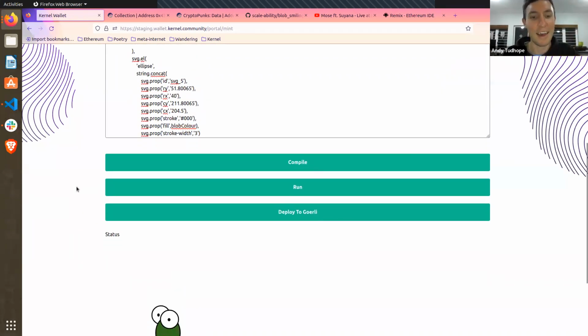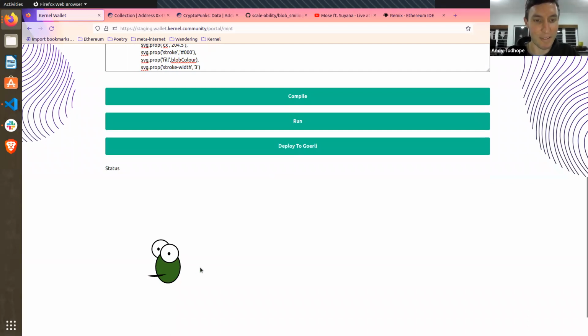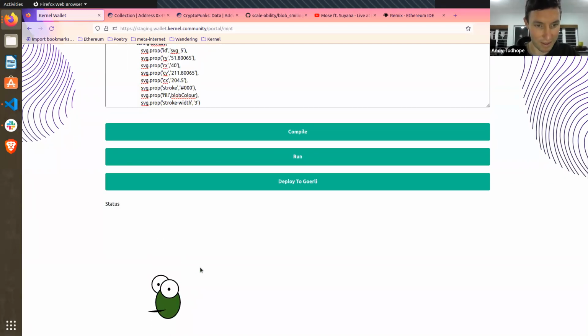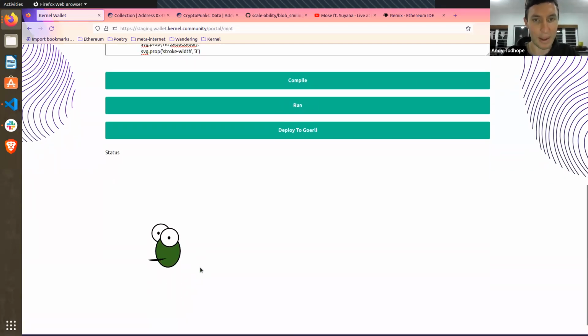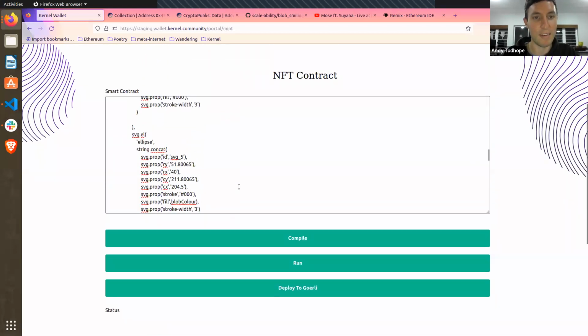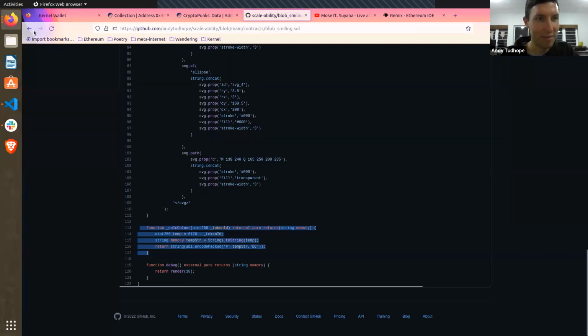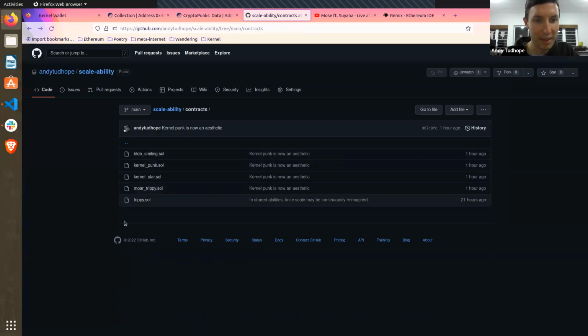Hopefully it's a little bit more artistic than me, but I was just playing around with this as a nice way of trying to illustrate what dynamic SVGs really are and how easy they can be to work with if you're put into a playground that allows you to begin messing around with this kind of stuff. The next thing that I wanted to look at